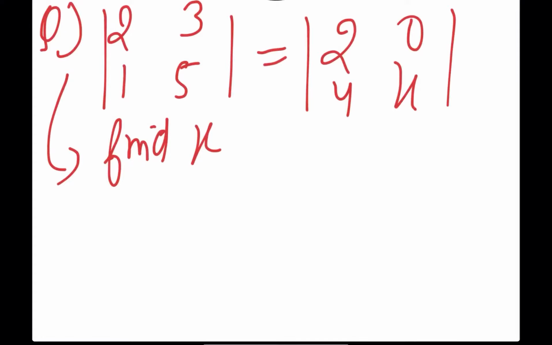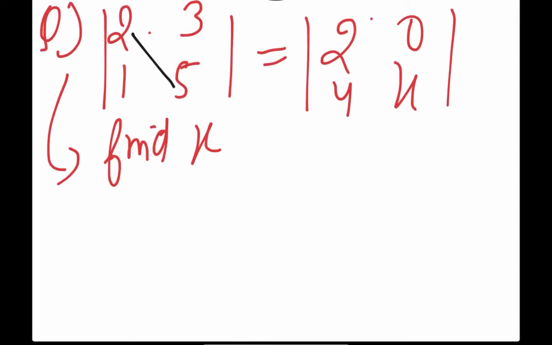Now the best way to solve it is I take out the value of this determinant, this one, and I take out the value of this determinant as well, because they have been given equal. Then I equate them, I'll get an equation in terms of x, and I can solve it for x. Very, very simple. So I have been given this. Let me evaluate this determinant.